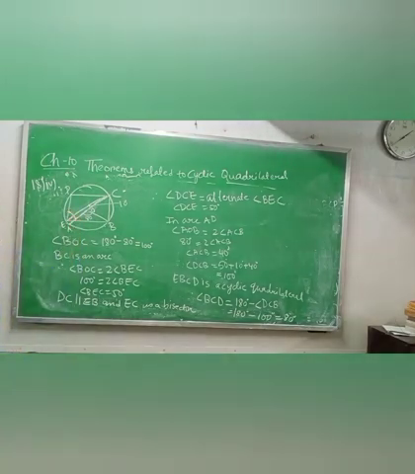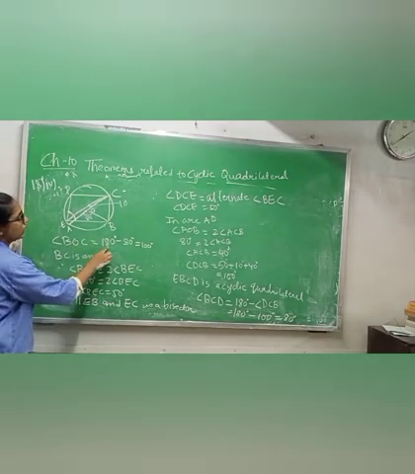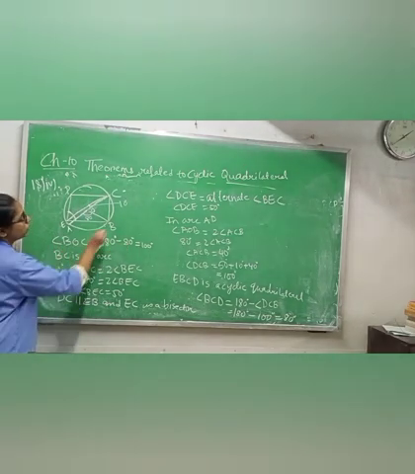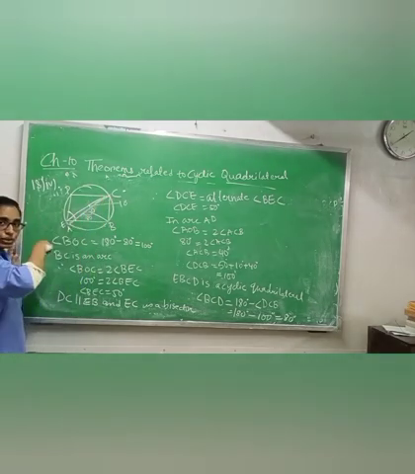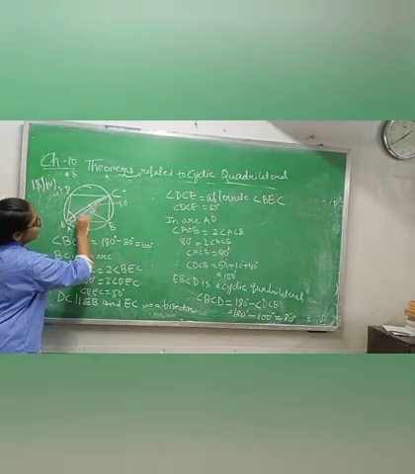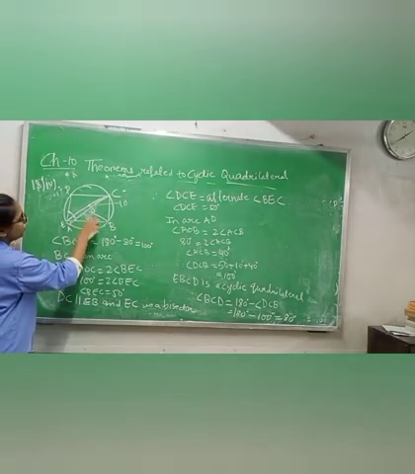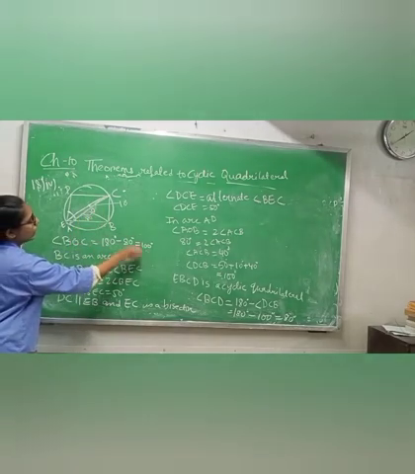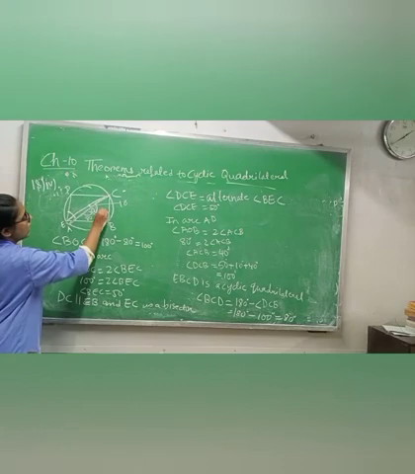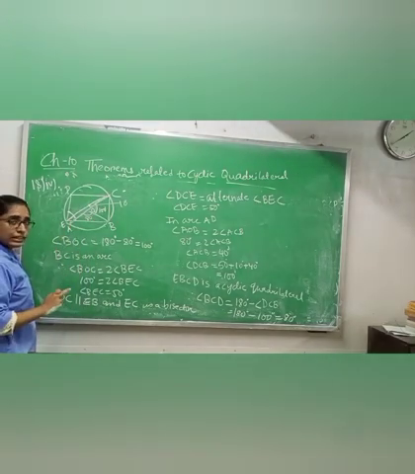Now how will you do this one? I have done it already, please see. Angle BOC equals 180 degrees minus 80. See, this one is a diameter, meaning it is a straight line, and a straight line means this full angle is 180 degrees. If this AOB is 80 degrees, then 180 degrees minus 80 degrees equals 100, meaning this BOC is 100 degrees, because AC is a straight line.